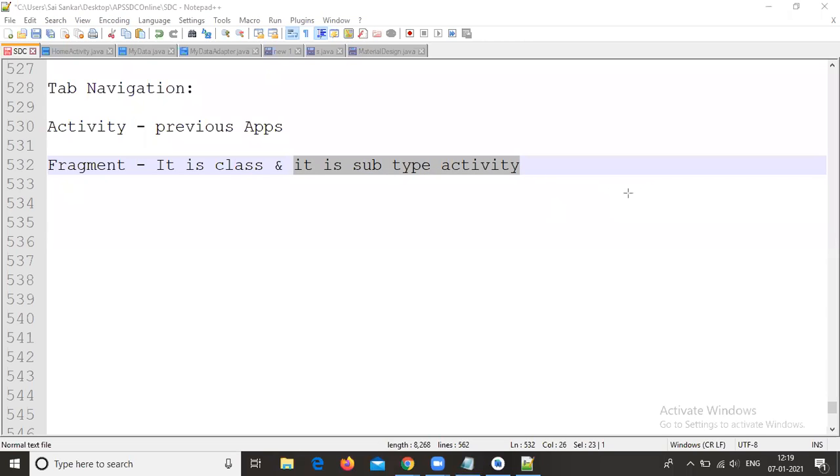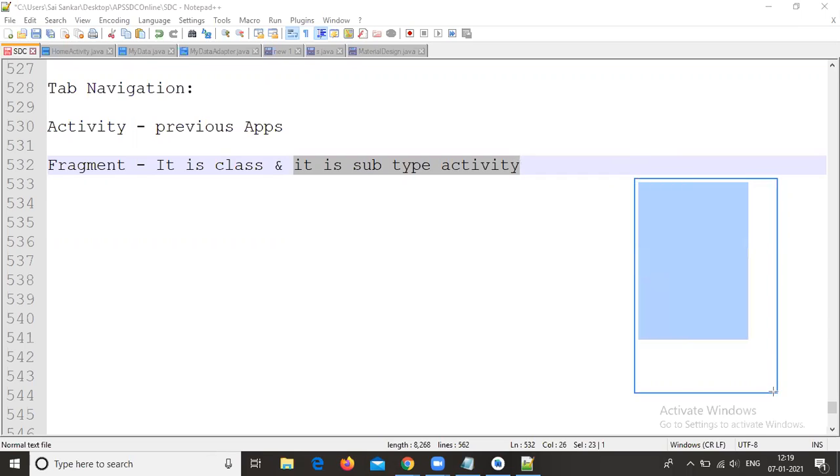Let us assume this is your activity, this blue color line. Inside this line we need to create a fragment.